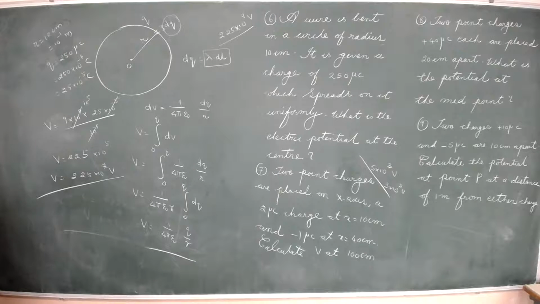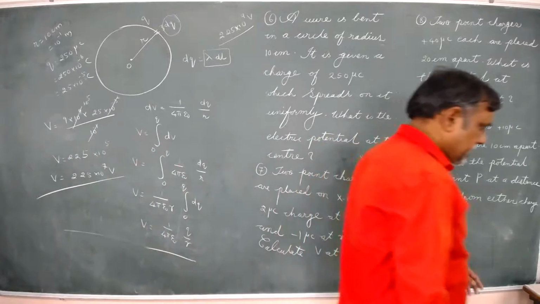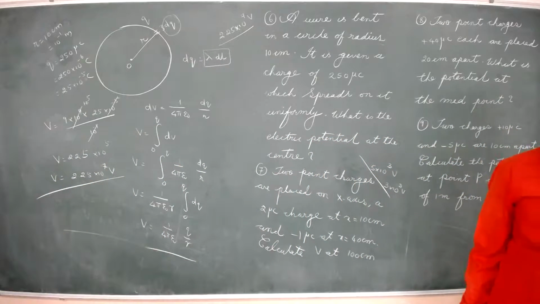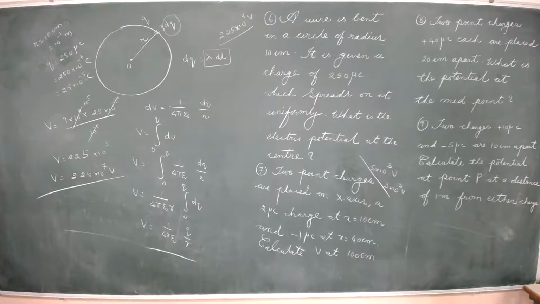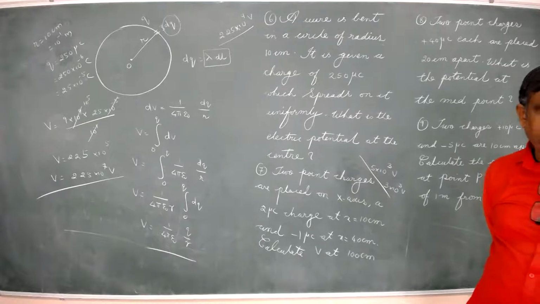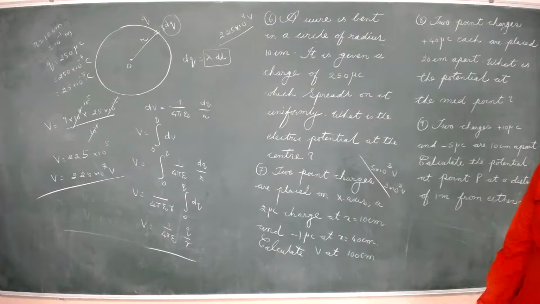The seventh problem is that 2 point charges are placed on the x-axis. A 2 microcoulomb charge at x is equal to 10 centimeter and a minus 1 microcoulomb charge at x is equal to 40 centimeter. Calculate the electrostatic potential when x is equal to 100 centimeter. All three distances are taken along the x-axis only. So the distances we need to handle carefully. So in this seventh problem,